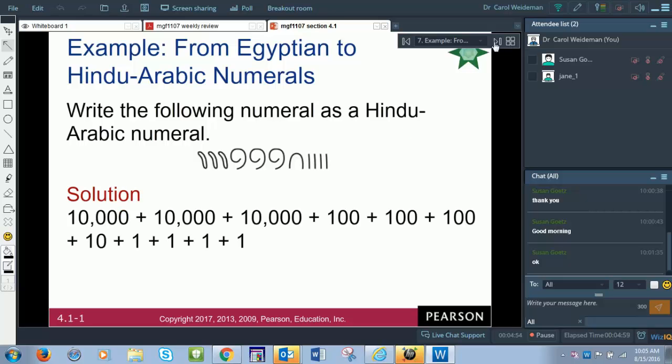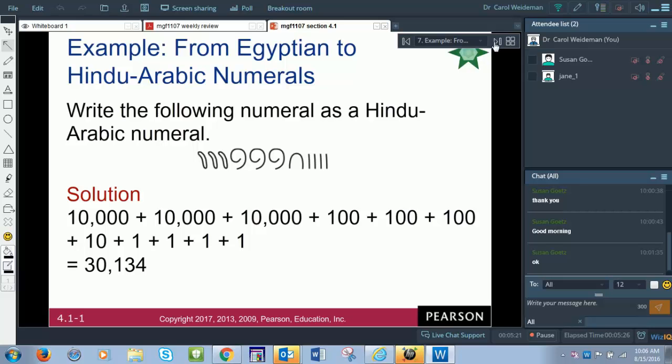So what we're going to do is say, okay, each of these pointing fingers is worth 10,000. Each of these, what was that called? A coil, did I say? Yeah, scroll rather, is worth 100. So I write 3 of those down. And then that heel bone was worth 10, and then there are 4 staffs, which are just worth 1 each. And then what you do is add this all up. That's why it's called an additive system. Okay, so when you add it all up, you get